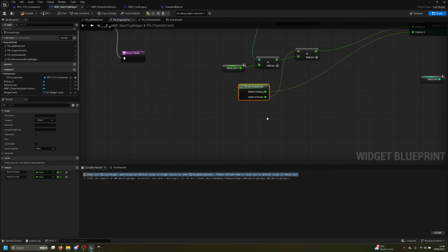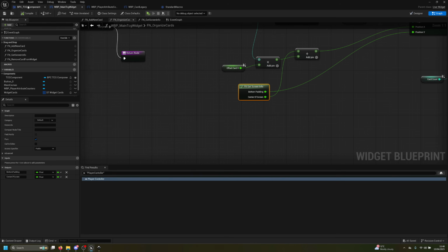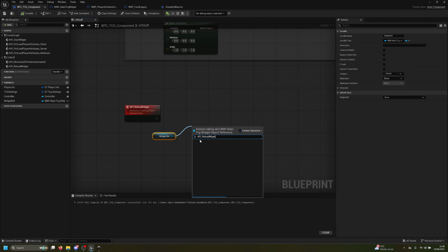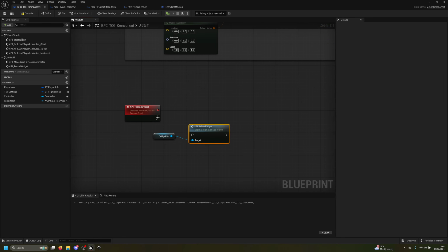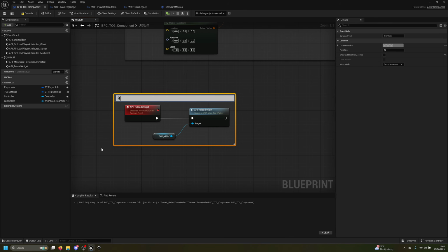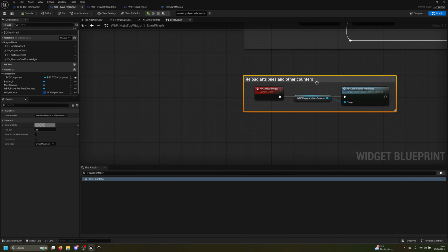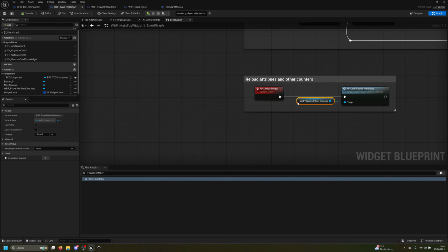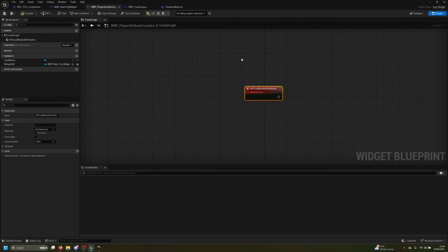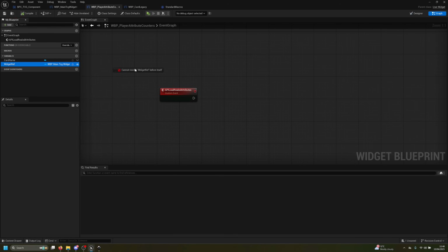Yeah, refresh the node. Now here we just call this API reload widget, right? So reload the TCG widget information. Now what happened is that it comes right here, reload the attribute and other counters. Now we are delegating this to the player attribute counters, and now here we just have to get the widget